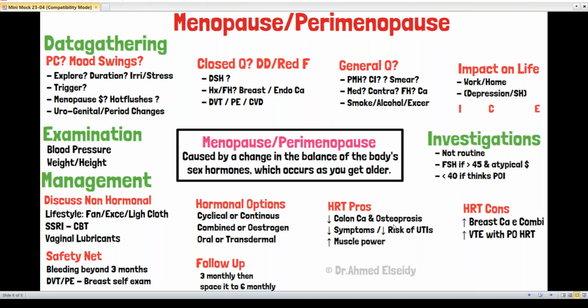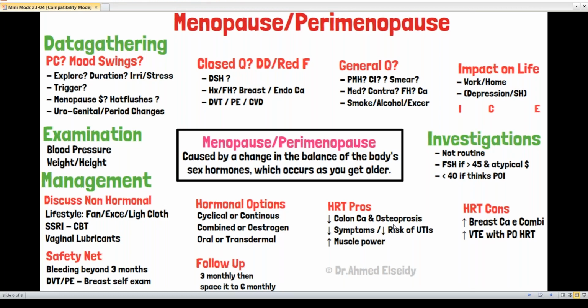Will you be happy to go for that, or would you like to have time to think about it? Doctor, I would like to think first because I'm not interested in hormones. Indeed, there is no rush, Amy. Okay, I can give you a leaflet about both options. Have a read about them, and we can talk again next week to see what does suit you. You can talk to your partner as well.